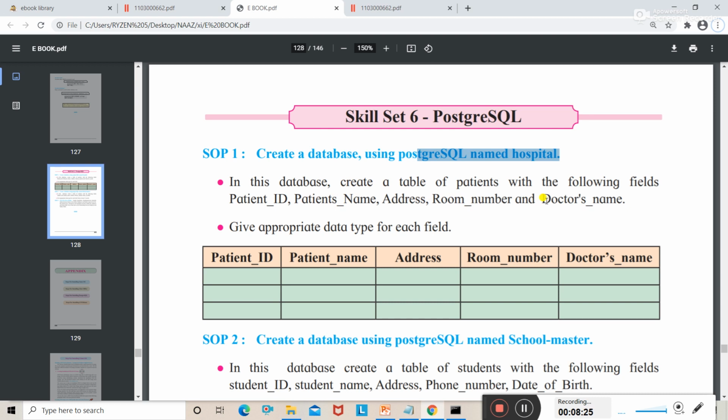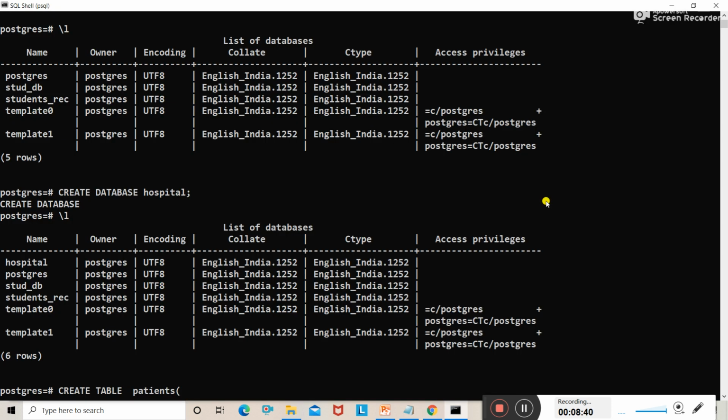So here the patient ID, the data type for patient ID will be integer, right? We are going to store the number type of data in this, so the data type of number is integer. Okay, so first we will assign the patient ID.